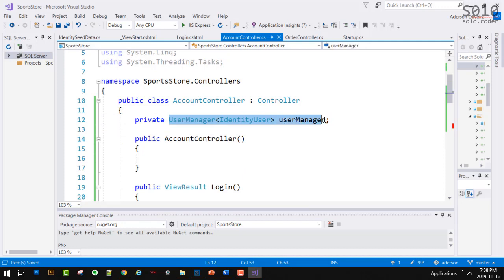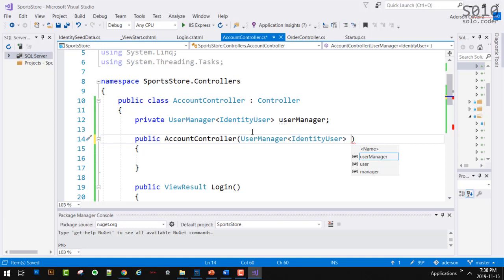So we're going to expect a parameter to this constructor of type UserManager<IdentityUser>. We're going to call this userMgr. And then we're going to say userManager, which is our private repository, is equal to this one here.